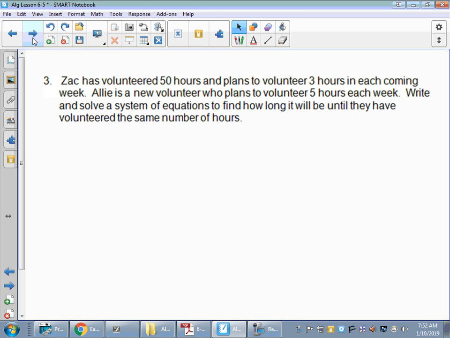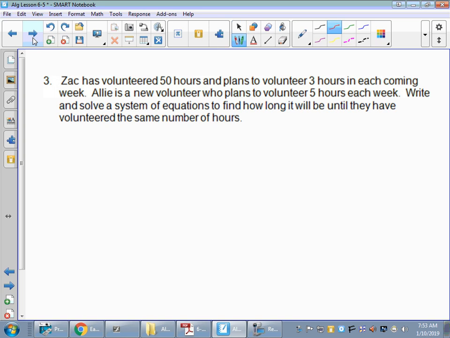Zach has volunteered 50 hours and plans to volunteer 3 hours a week in the coming weeks. Allie is a new volunteer, hasn't volunteered at all, and she plans to volunteer 5 hours a week. Write and solve a system of equations to find how long it'll be until they have volunteered the same number of hours. So this one's a little bit tricky because